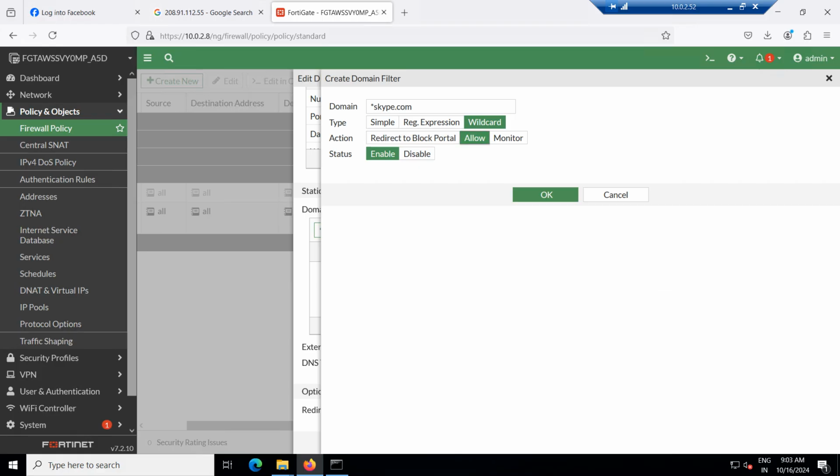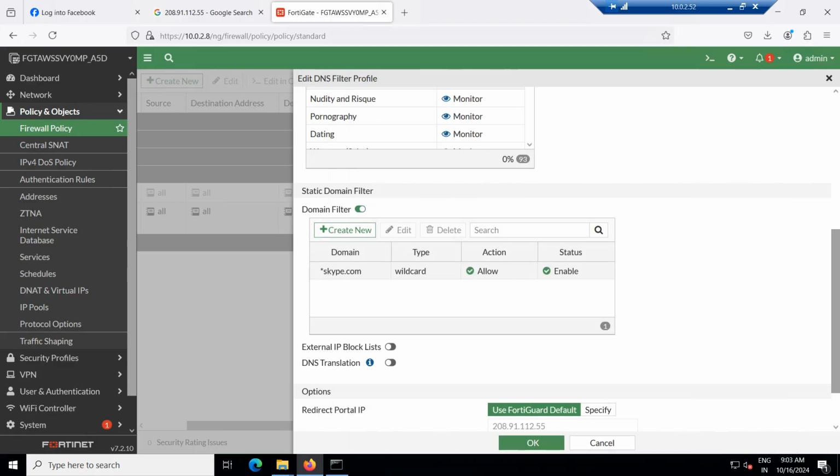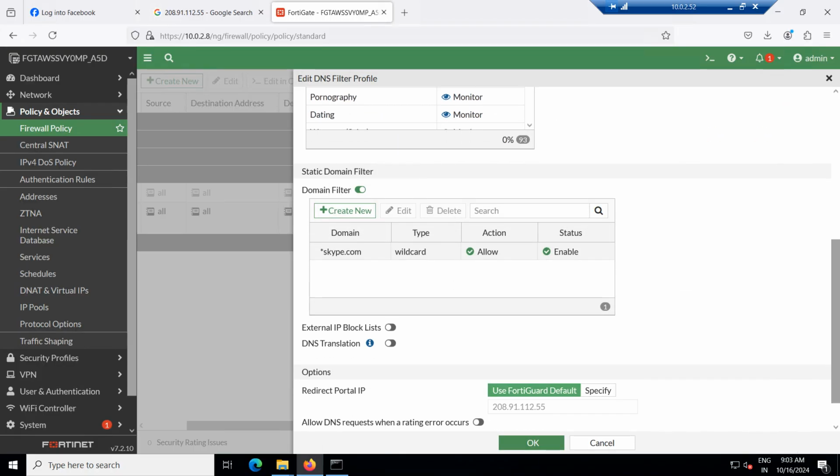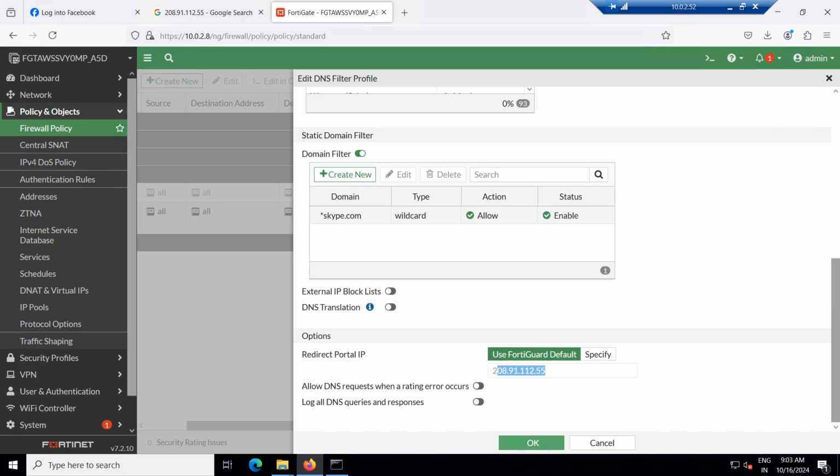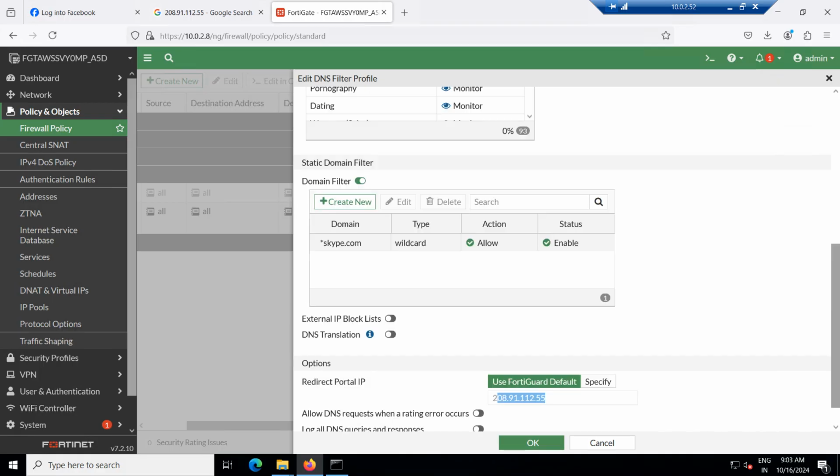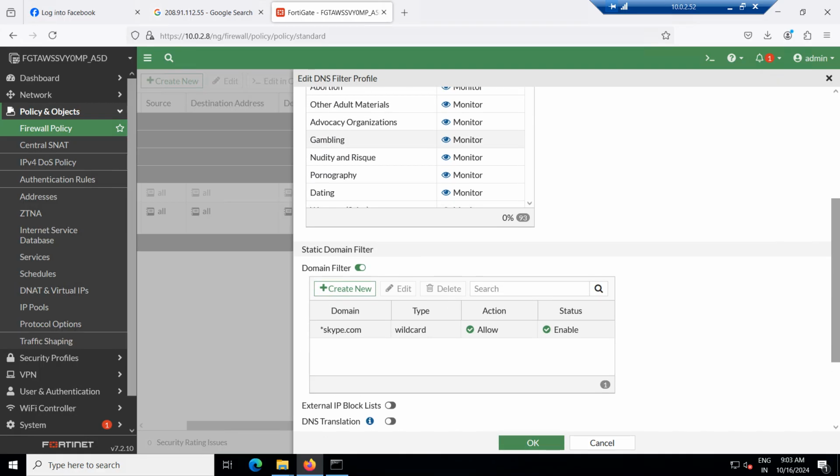Now it will follow the static one first. And this is the static one, right? And now it will allow this particular skype.com to not get redirected to that default setting, use FortiGuard default, this website, this link, sorry, IP I mean to say. Are you getting what I did? What I did before,